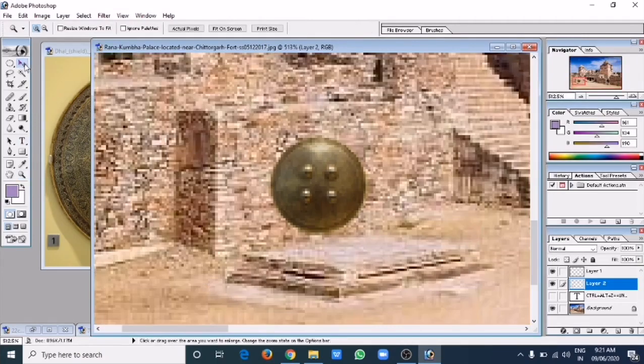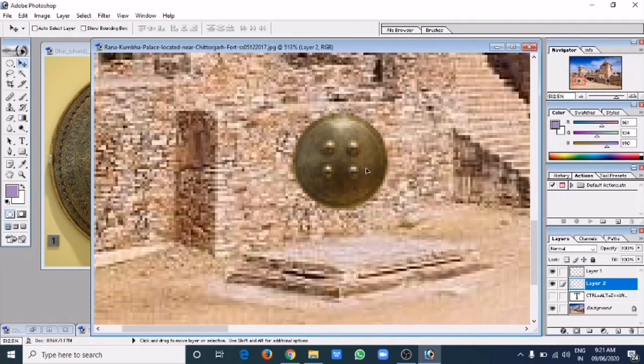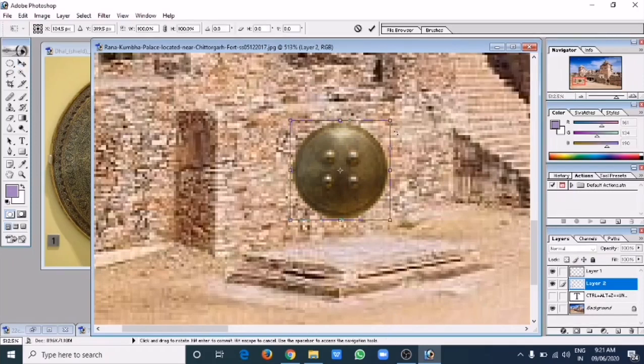Now again I am going to place it on this wall, considering perspective, then Control T for transform. It will give you transform box,